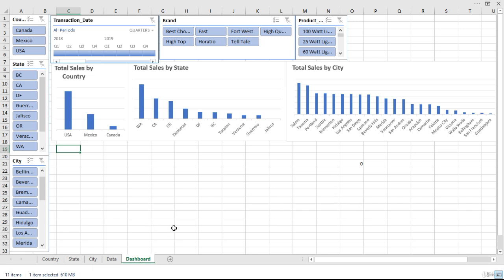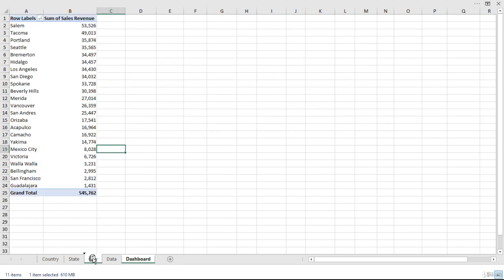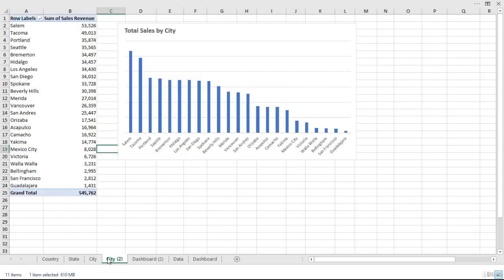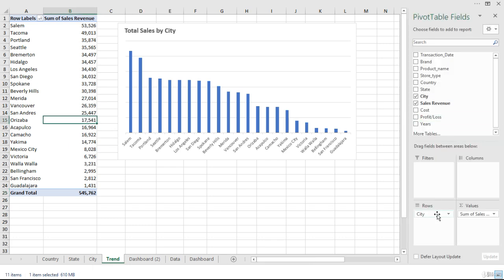The first thing that we need to do is copy any of the sheets which already has a pivot table, so that we can save our time. It doesn't matter which one, you can copy just any one, and we already know how we do that. Just click on any of the sheets and press the Control button and just leave it there. And here we have the sheet. First of all, I will rename this as trend,